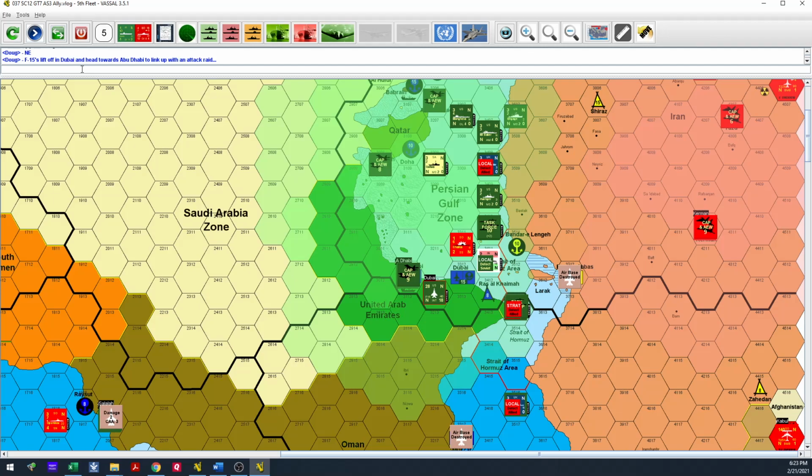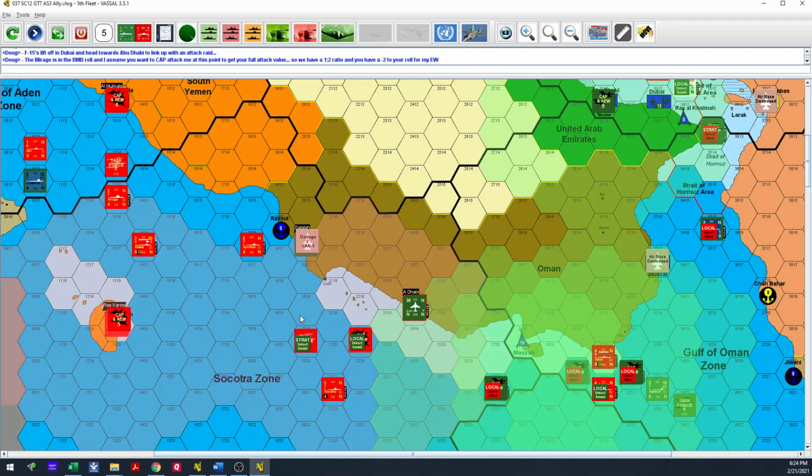In Dubai, my F-15s lift off. They head towards Abu Dhabi with the plan to link up with an attack raid there. They pass over Abu Dhabi and pick up these Mirage 2000s from the United Arab Emirates, along with a U.S. electronic warfare aircraft. They fly south, and from a range of 2, I'm going to assume that is the closest I can get to his aircraft where his combat air patrol is